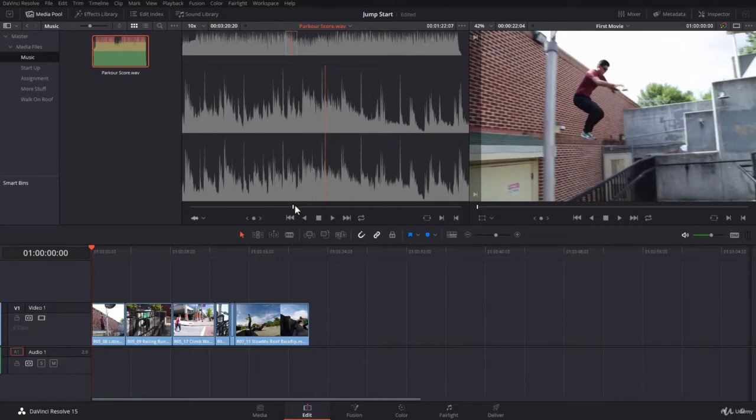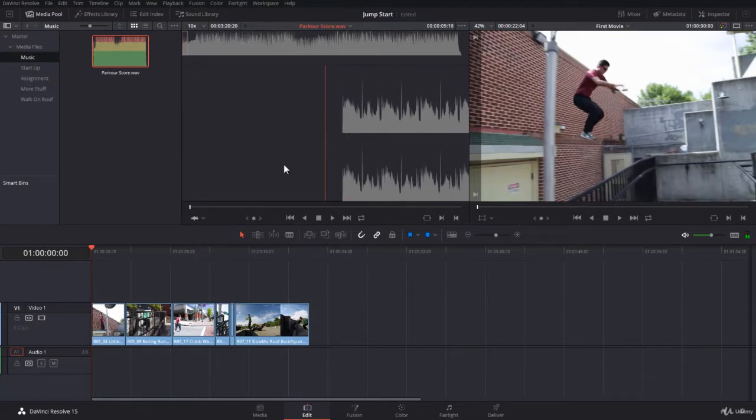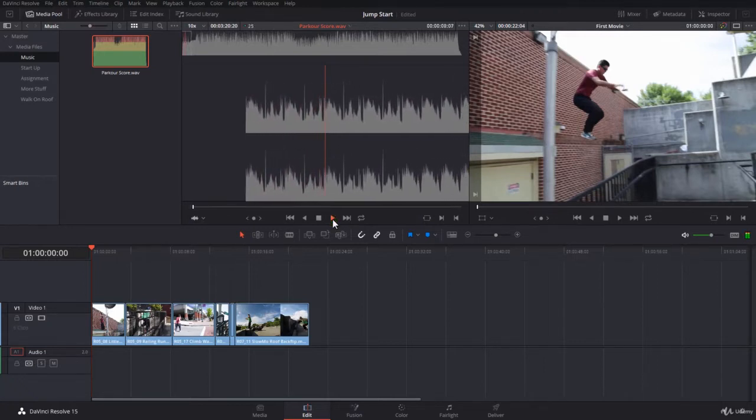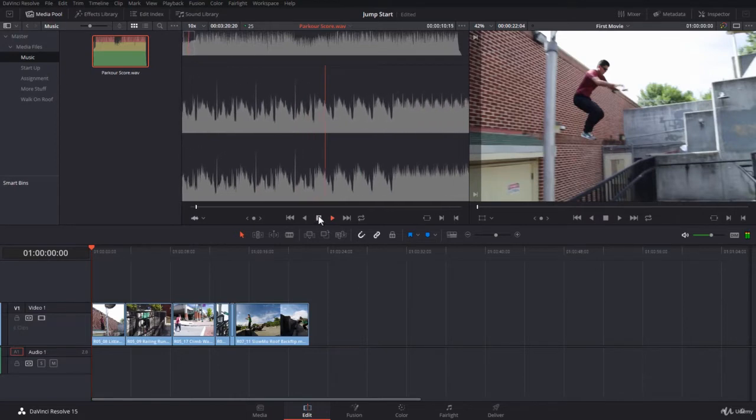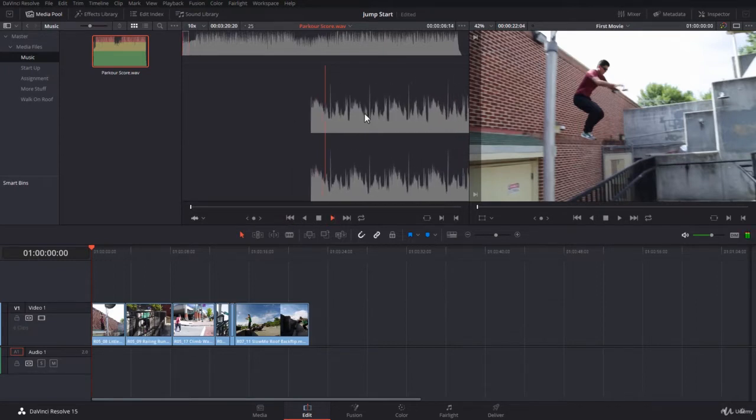For this audio clip, let's go to the beginning, for example, and you notice that it starts with some blank over here. And of course, you can play it. You can hear it. If the sound that you're hearing is too loud, you can come over to this speaker over here and reduce the volume. You're reducing the volume of what you are hearing. You are not reducing the volume of the clip. So for me now, I can just put it in the middle here. It's okay for me. And of course, you can go to the beginning and press play to hear the music